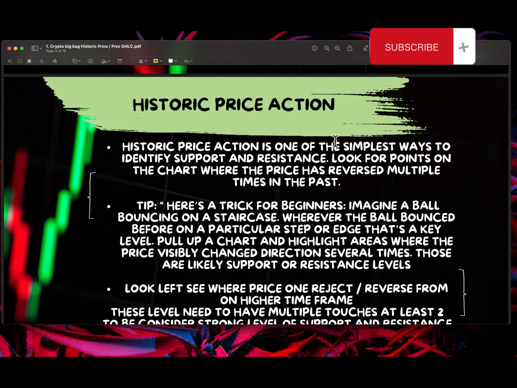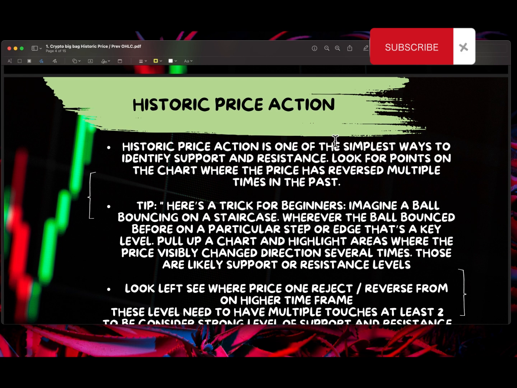Tips. Here's a trick for beginners. Imagine a ball bouncing on a staircase. Where the ball bounced before on a particular step or edge, that's a key level. Like when the ball is bouncing on the staircase, those points where the ball bounces are key levels. We pull up a chart,